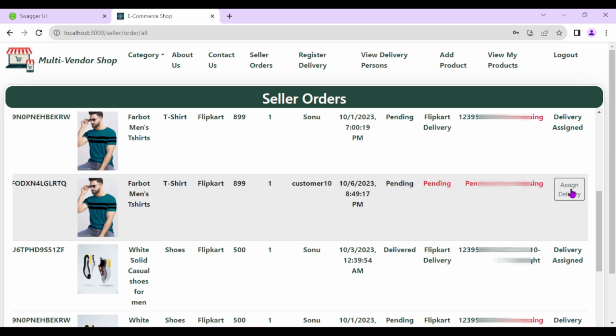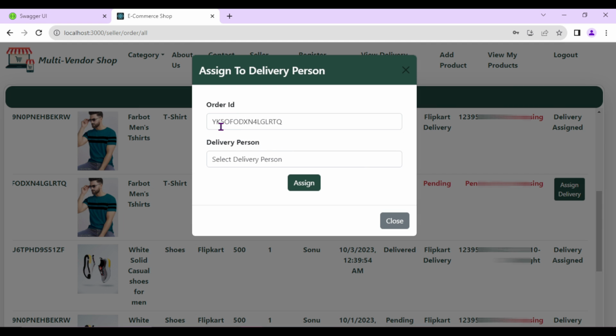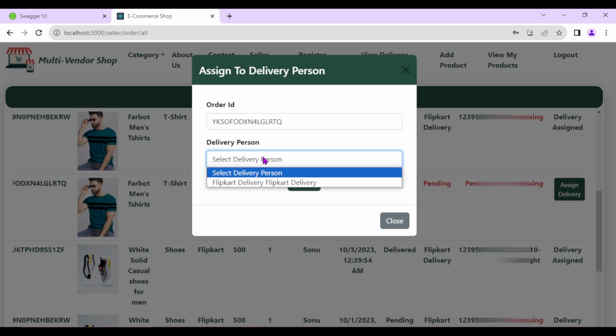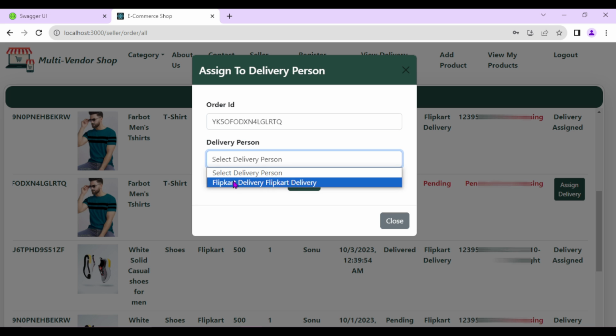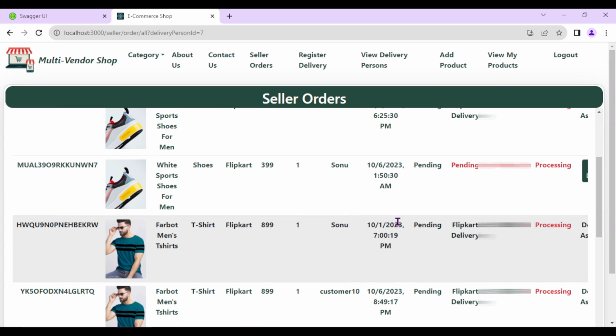So I'll click on assign delivery, and here the seller will be able to see the order ID for which he is assigning the delivery person, and from here he can view all his delivery persons. But since this seller has added only one delivery person, he will be able to see only one delivery person here. So I will select this delivery person and I'll click on assign,